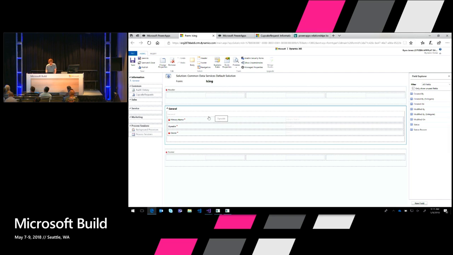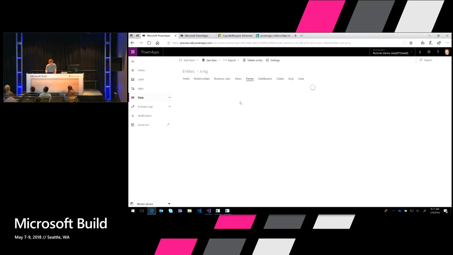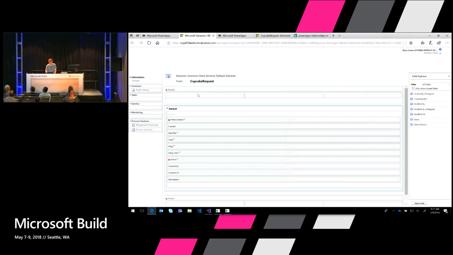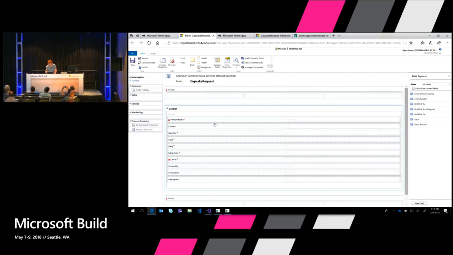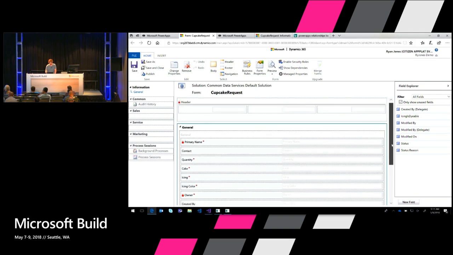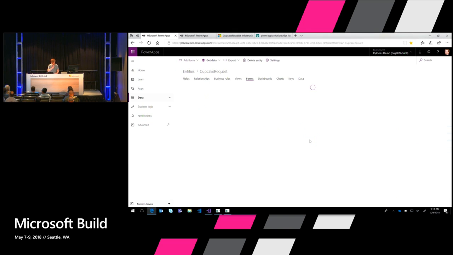And so that's an example of our customized icing form. I can also pull up a slightly more complicated or involved example, which is my cupcake request. I'll go to my form definition and open up my main form. Let me see if I can zoom this in a little bit. We'll see that because I have so many more custom attributes or fields on this one, there are lots of additional attributes that I've dragged and dropped into this particular form. Okay? And so if we look at how this is rendered in the experience,